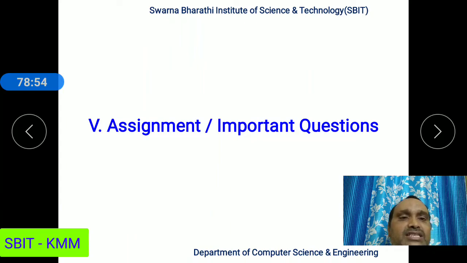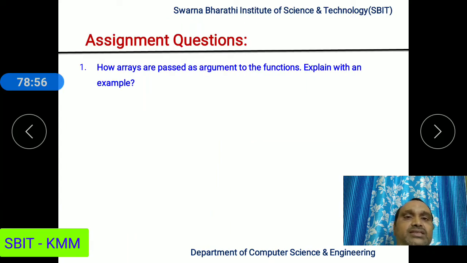And one assignment question for this class: how are arrays passed as arguments to a function? Explain with an example. For this you have to write how to pass a one-dimensional array as an argument with an example program, and how to pass a two-dimensional array as an argument with an example program. And submit this assignment the day after tomorrow, because in tomorrow's class I will give 2 more assignment questions. Those 2 assignment questions in tomorrow's class, and today's class 1 assignment question. Total 3 assignment questions you have to submit